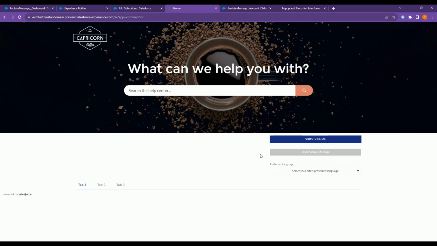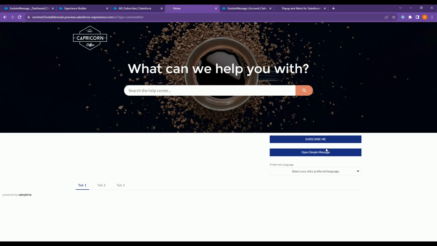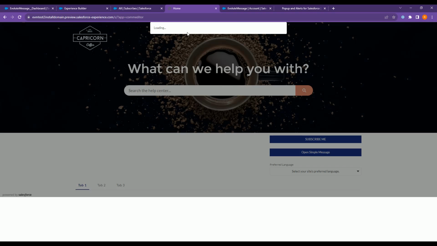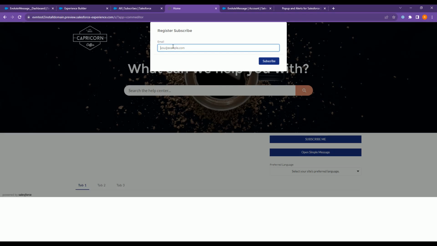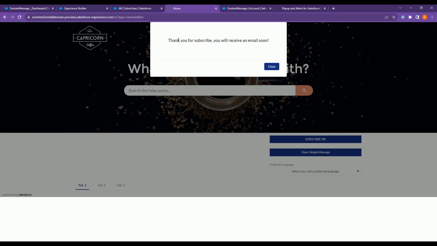Now if I click, it should open that modal message I want. So here, as I say, it can be any message. It just could be a toast message, a notification message, could be another flow like the subscribe. So as an example here, let's subscribe and see how that looks. So we're gonna put test, I'm gonna put here 1040. So that's it. So if I click subscribe, basically it's a flow that's inside of a modal message,